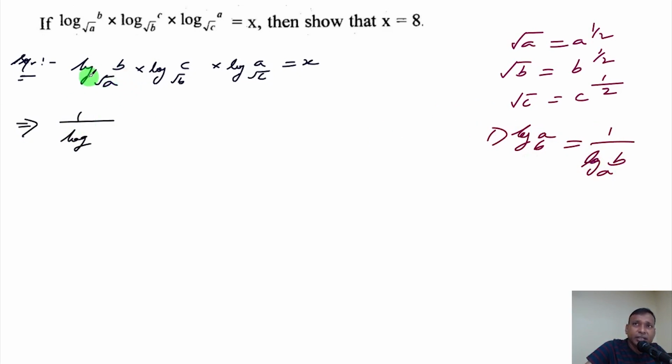So this log b to the root base can be written as 1 by log root a to the base b. Now this is equal to 1 by log root b to the base c cross 1 by log